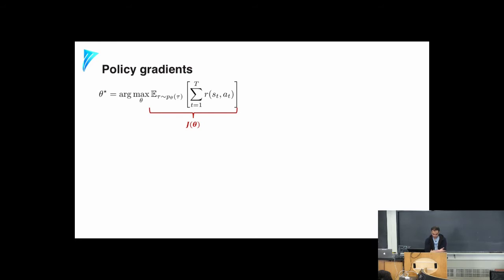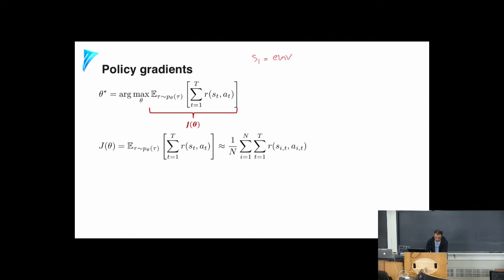We will start with our objective function. And we'll call it J theta, right? So how do we compute this expectation? Well, if we have access to a simulator or an environment, and we have access to our policy, we can just sample these trajectories. And how we sample these trajectories, basically, let's say we start with state 1, and we say environment.init. And then after that,